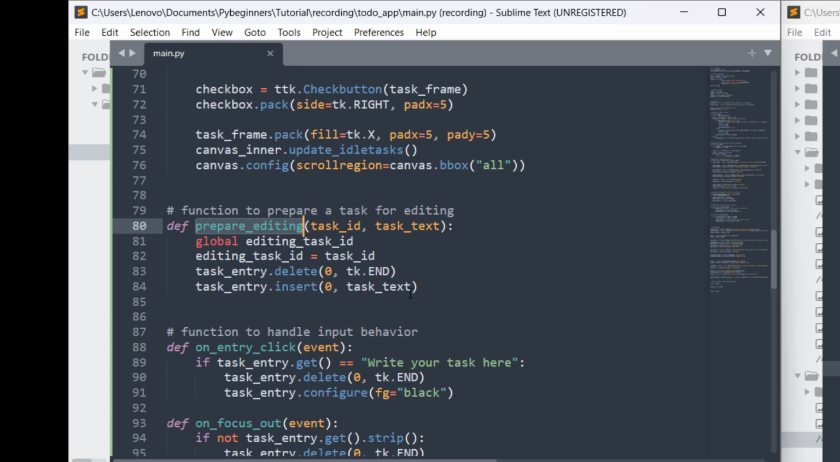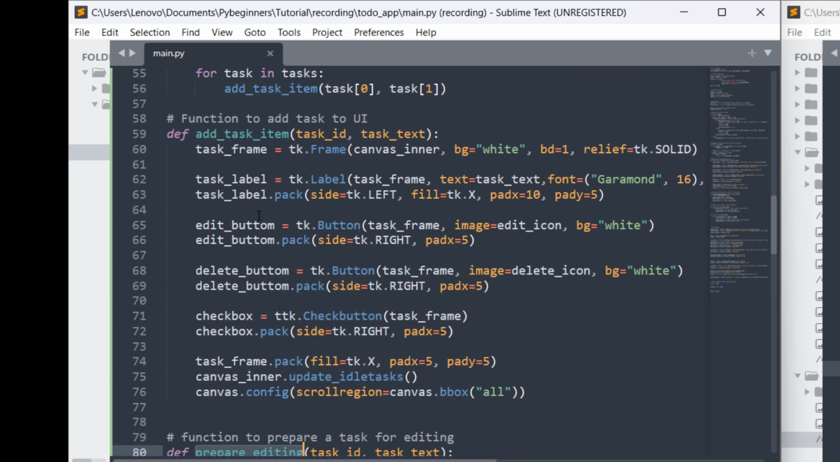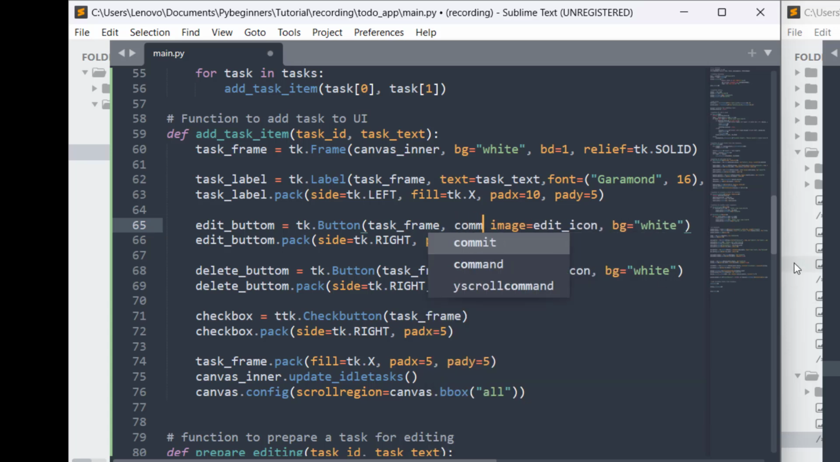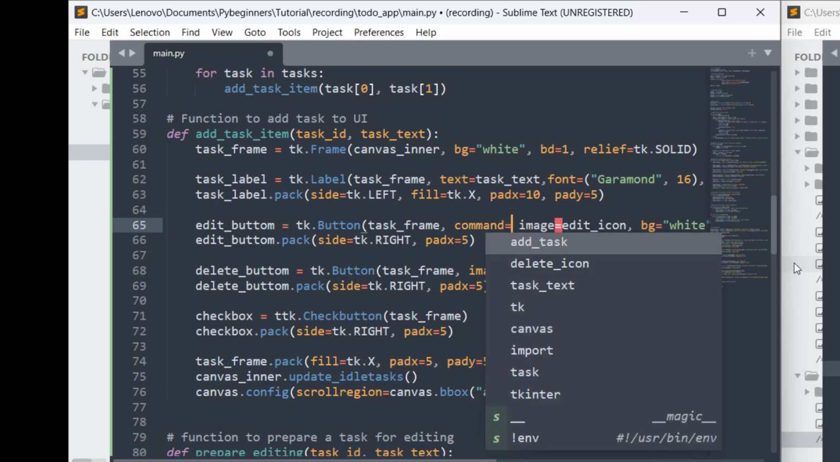So this function we need to connect it with this editing button. We need to come here. After the frame, I'll do something like that. Command will be equal. Since this function needs arguments,